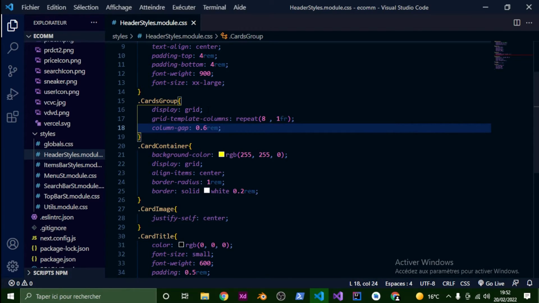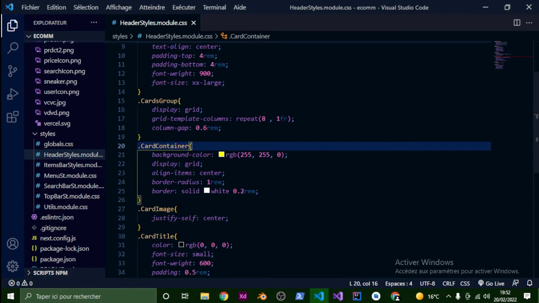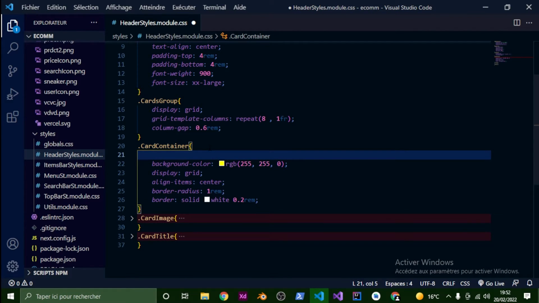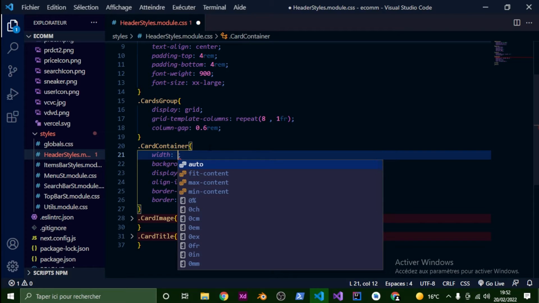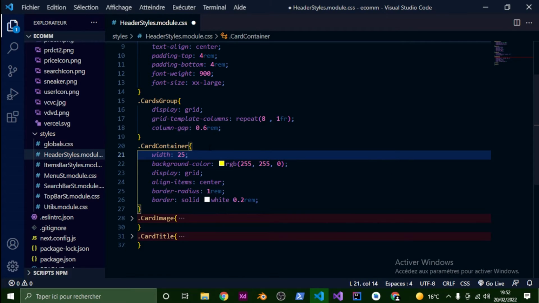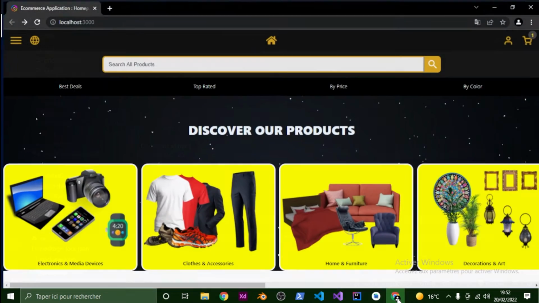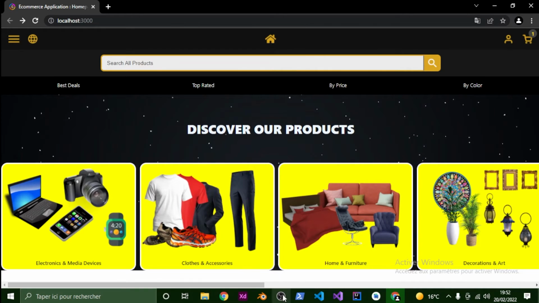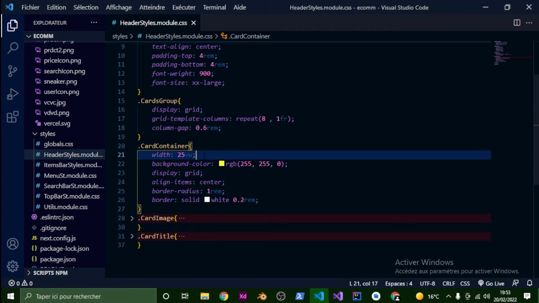So we have chosen the grid and grid template columns of repeat and stuff like that. Column gap, and this card container represents each card. So if I go back to the card container and say a width of 25 v width, see what's going to happen. All right, and we're scrolling. That's the first thing we want to achieve. Okay, 25 v width,